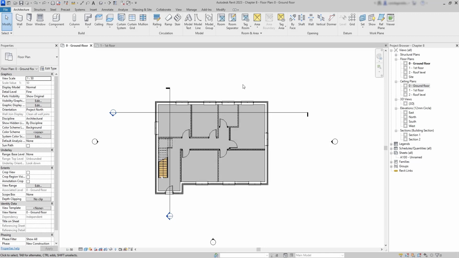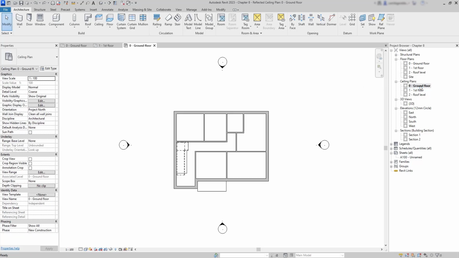In the next chapter, we will insert ceilings in Revit. Usually, ceilings are not visible in floor plans, because if they were, we couldn't see the objects below. For that reason, we have ceiling plans and we can find them in the project browser. So, I'm going to open the ceiling plan for the ground floor,